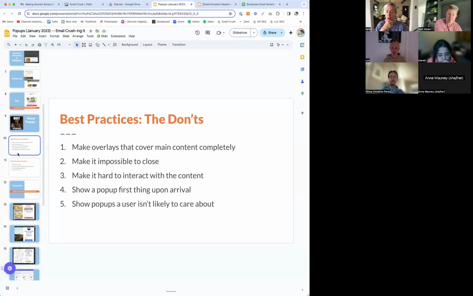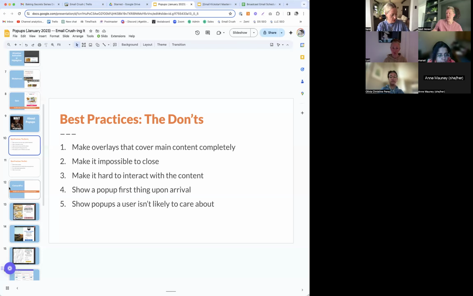So if they're on desktop and then they go to mobile, they're going to see it on mobile and vice versa. So it might show it to them accidentally again. So the way I work around that is I just make the setting so once you've seen the pop-up, you don't see it again for a certain amount of time. And usually it's 30 days is what I usually do.